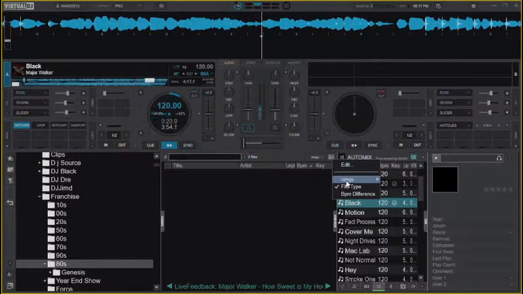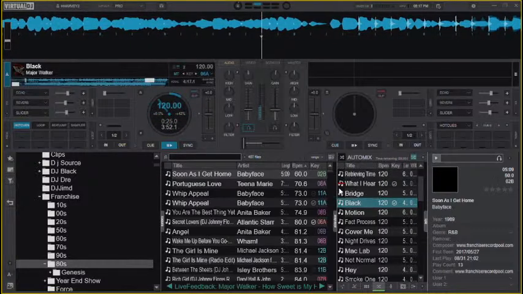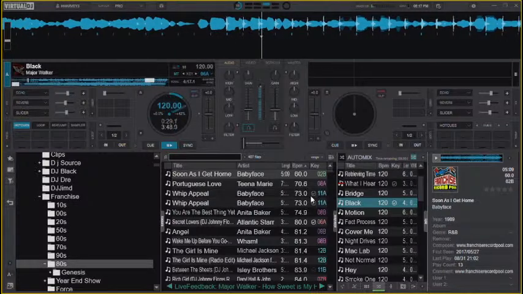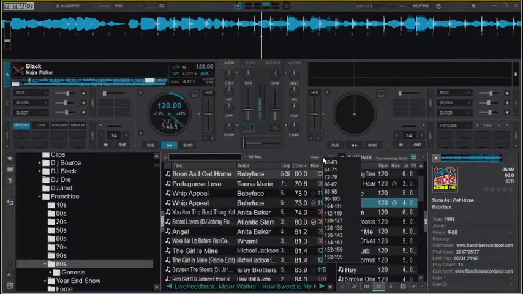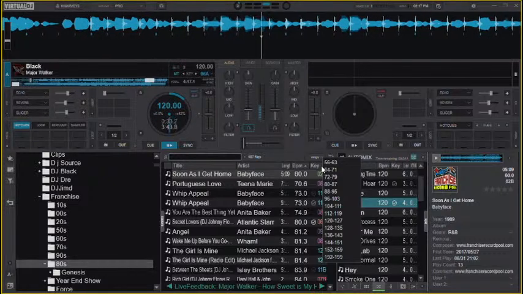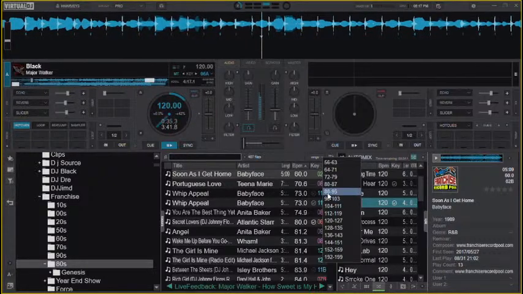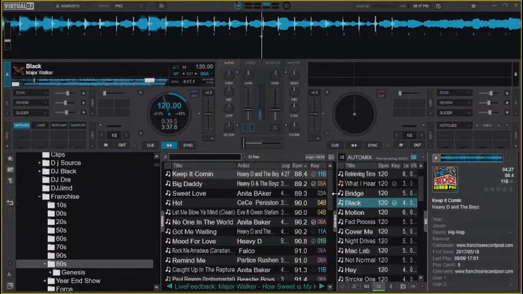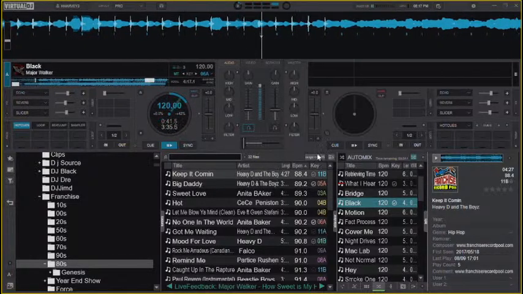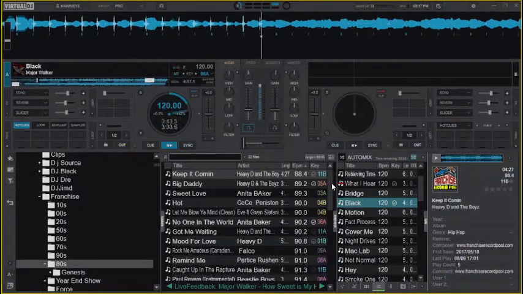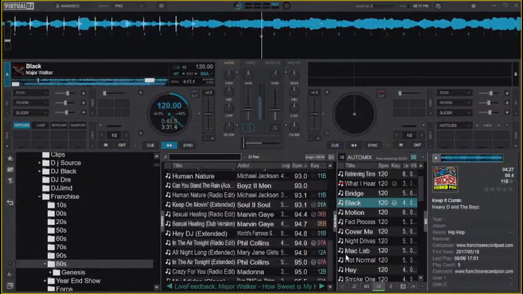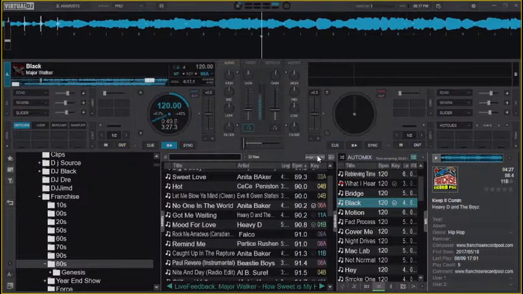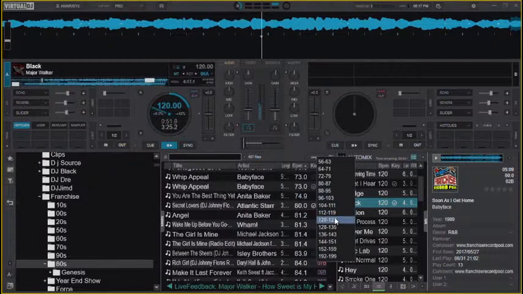I want to uncheck file type because this folder doesn't have music in it. So now I want to give it a beat range. I want music between 88 and I believe it was between 88 and 95. So all these songs are inside of that range. If I want to go in that same folder and say I want 120 to 127,